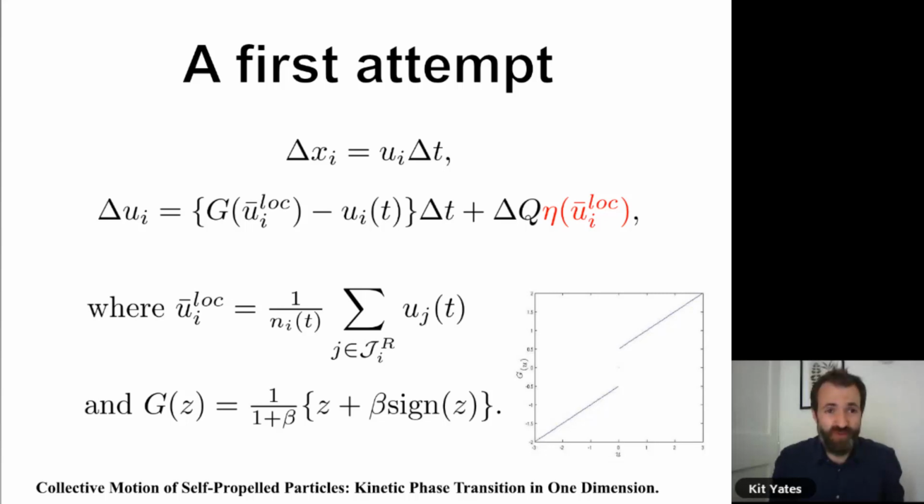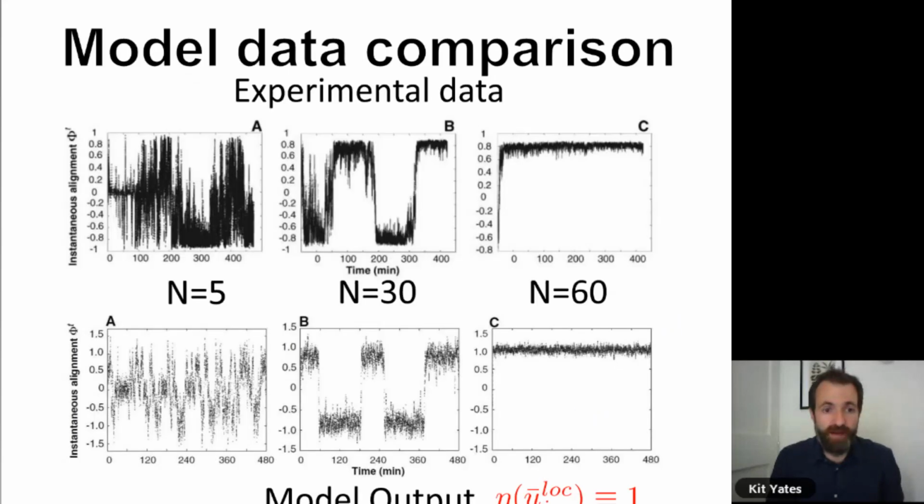So the basic model that we came up with is just this simple model where locusts move, they look around each other, they take an average of their neighbors' velocities, and they use that as their velocity in their next update step, plus some noise. And that noise can change depending on the size of the velocity that they measure. So this is what the experimental results look like on the top line for different numbers of locusts. And then on the bottom line, you can see the output of the model.